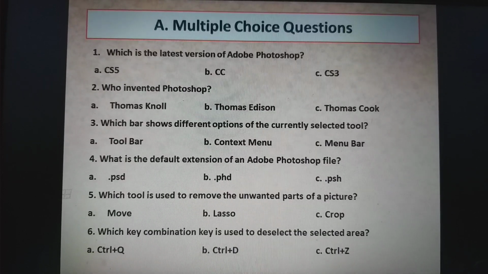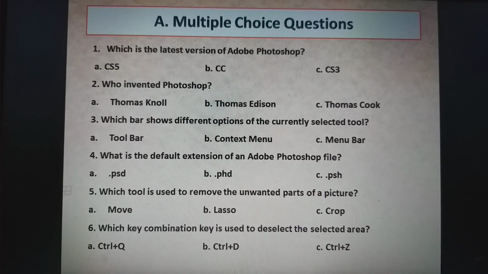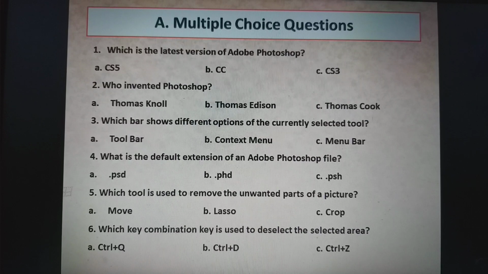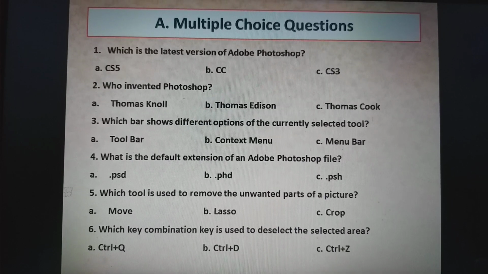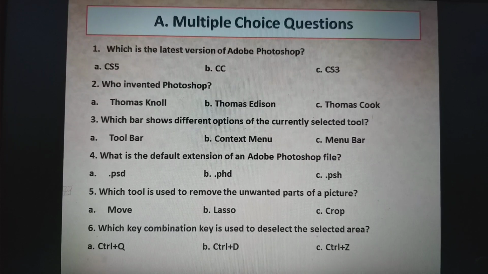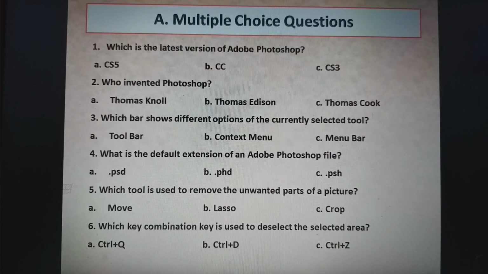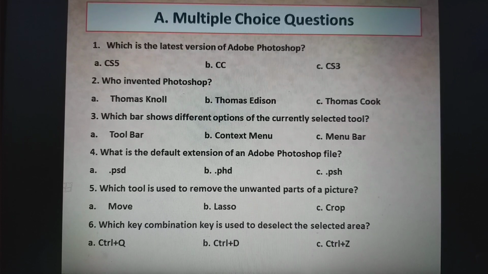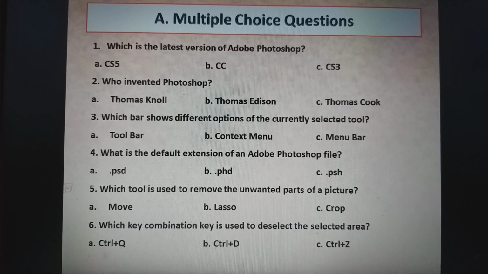Okay. Now we will do multiple choice questions. Now see number 1. Which is the latest version of Adobe Photoshop? The options are CS5, CC and CS3. So the correct option will be CC. CC means Creative Cloud. Okay.